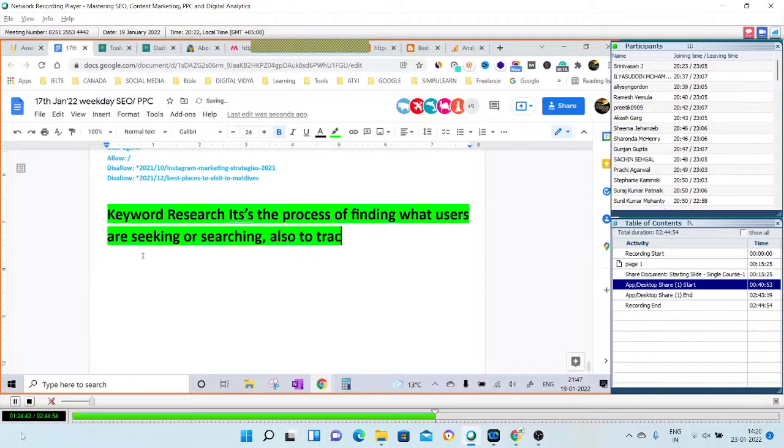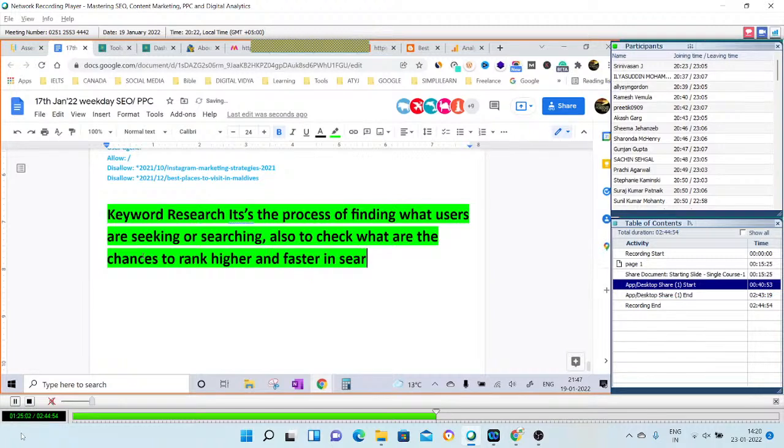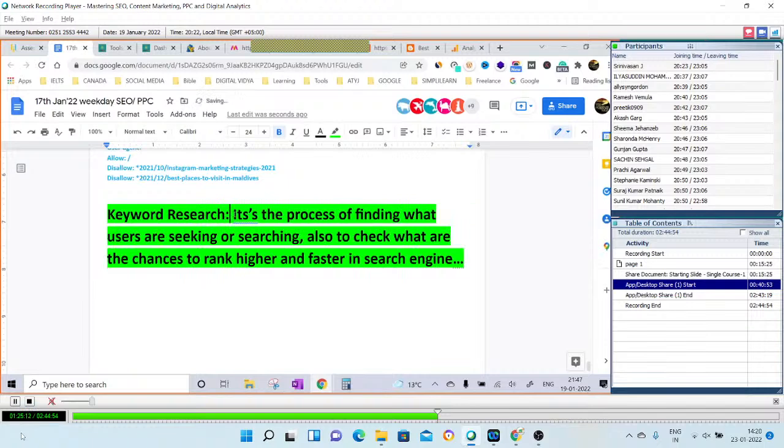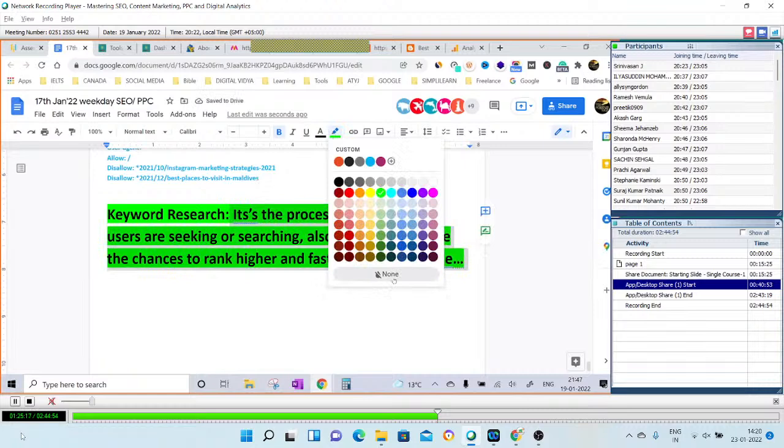Also to track, also to check rather, what are the chances to rank higher and faster. So we do check a lot of metrics, a lot of KPIs, a lot of important fields, the competition and all. So that's the whole process of doing the research exercise.